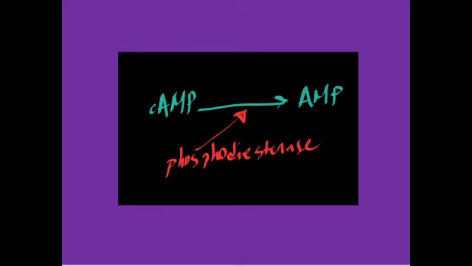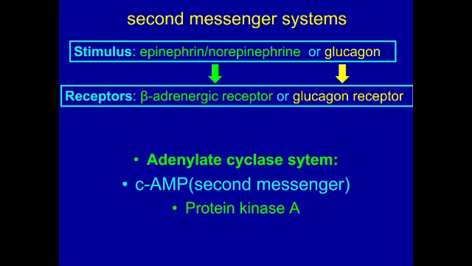So that rise of cyclic AMP may last maybe a couple of minutes, 2, 3 minutes, 5 minutes. Then it is removed. The second messenger is removed by this enzyme, cyclic nucleotide phosphodiesterase. And I just want to show you this table. You don't need to memorize anything, but look at the list here. This is actually a pretty old table, maybe about 15 years. But I want to just show you the point of the table is